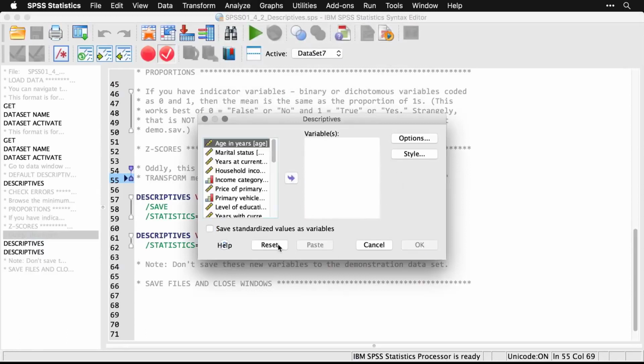So I'm going to reset this. I'm going to pick age, and I'm going to pick household income. And I'm going to get both of these as z-scores because a lot of procedures work a lot better if you have z-scores. All you have to do is this. Click Save Standardized Values as Variables. And if I hit OK,